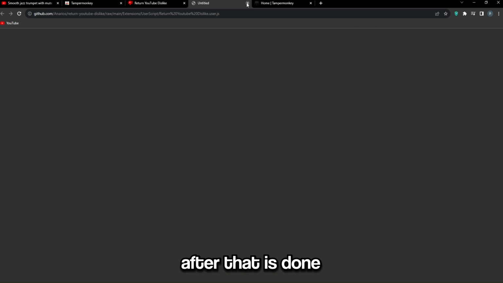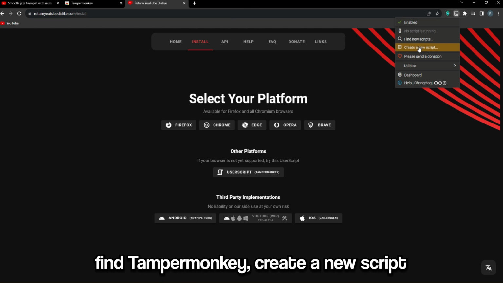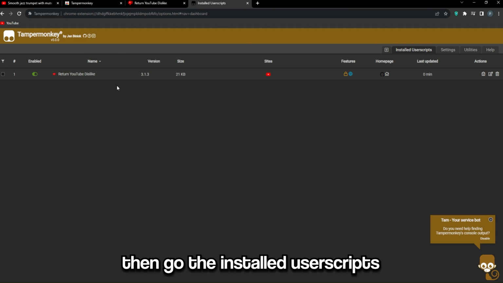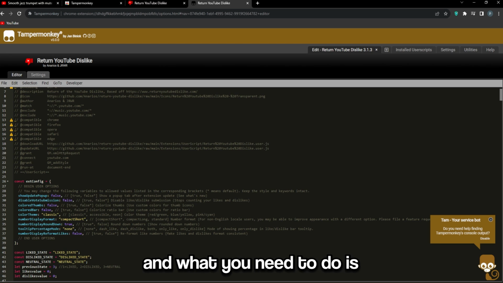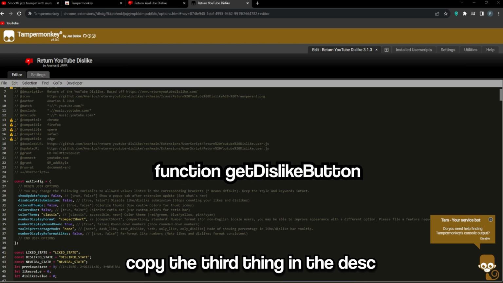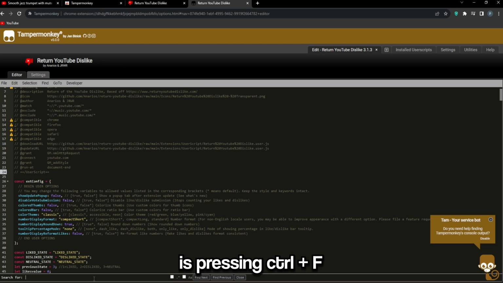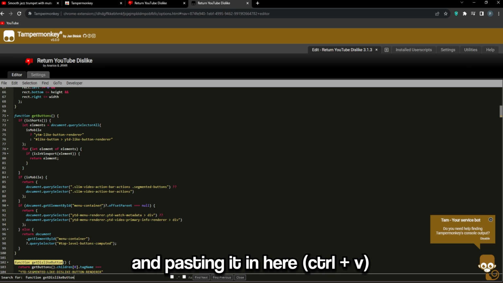After that is done, what you need to do is go to your extensions, find TamperMonkey, create a new script, then go to the installed user scripts, and you will see Return YouTube Dislike from your list. Click on it, and what you need to do is copy the third thing in the description, which is function getDislikeButton. And what you need to do after copying it is pressing Ctrl+F and paste it in here by Ctrl+V,